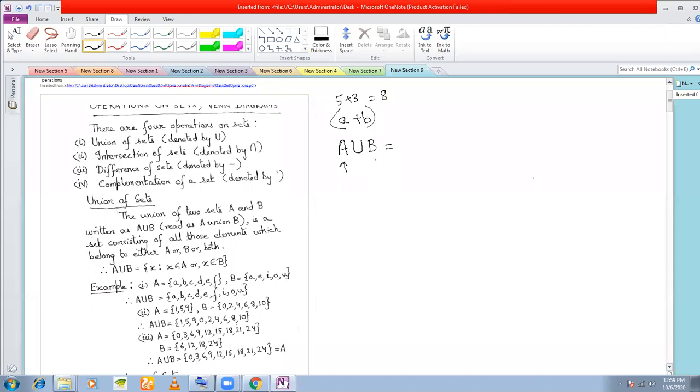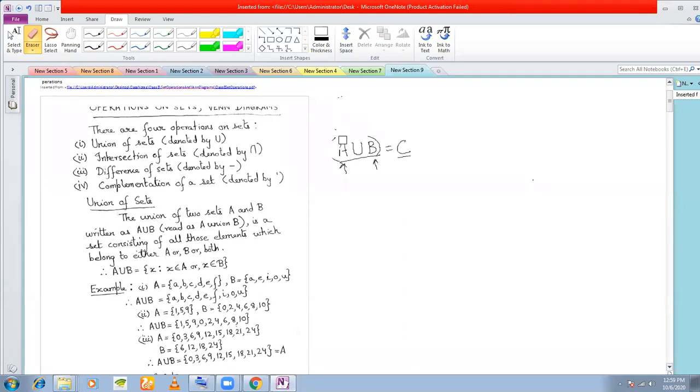So similarly, this A union B will give you some other resulting set. What is that resulting set? This resulting set is called A union B. Sometimes we can write it as C also. C is equal to A union B. But A union B in itself is two sets combining with the help of union operation. Just as you can write A plus B is equal to C, similarly you can write A union B is equal to C also. So that is what the union operation is.